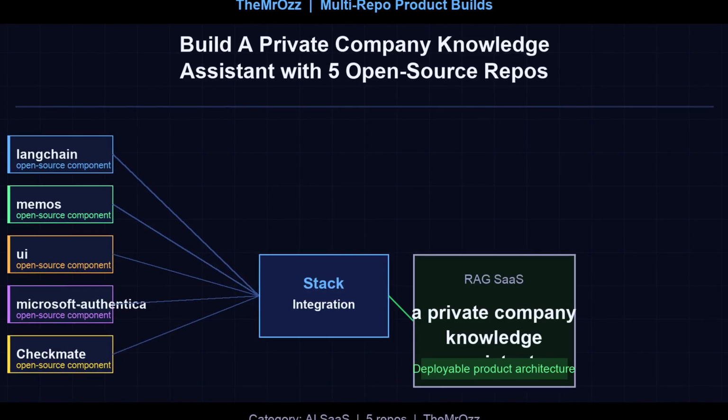And while all this happens, Checkmate's monitoring agents track system health metrics, providing operational visibility without adding complexity to the user-facing product. Each component has a clear responsibility. LangChain handles the intelligence, Memos stores the institutional knowledge, LangChain UI creates the user experience, MSAL secures access, and Checkmate maintains reliability. Together, they transform static documents into an interactive workspace where knowledge flows securely and contextually to the people